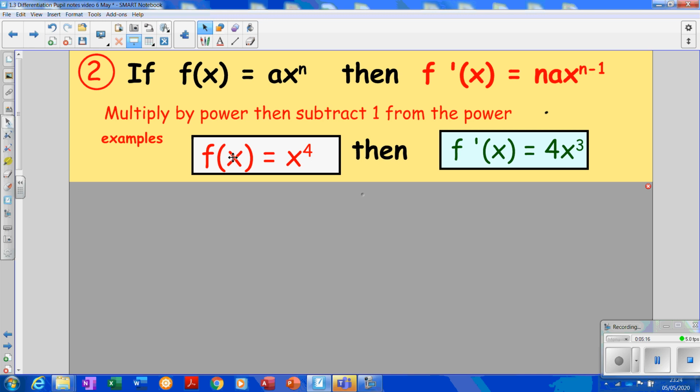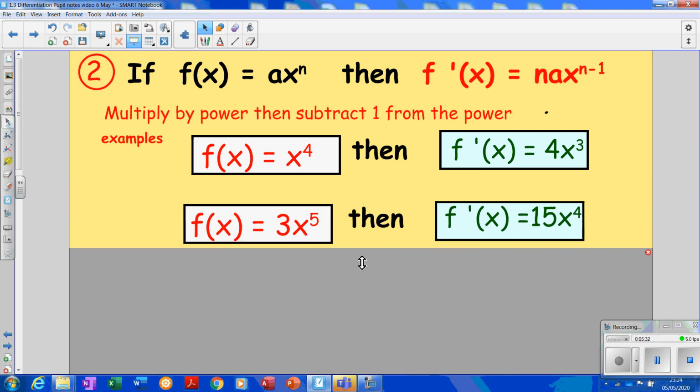Okay, so first one here. If f(x) is x to the power of 4, then f dash x is multiply by the power, so I'll multiply by 4. So it's 4x to the power of, and take 1 away from the power, so instead of it being 4, it becomes 3, and that's all you have to do. So if f(x) is 3x to the power of 5, multiply by the power, so 5 times 3 is 15, and it's x to the power of, take 1 away from the 5, it's x to the power of 4. So the next one,